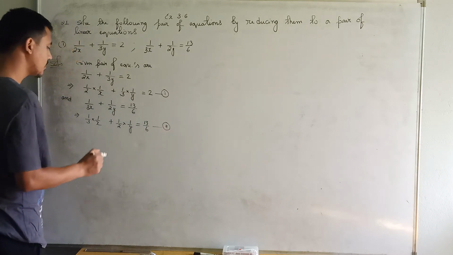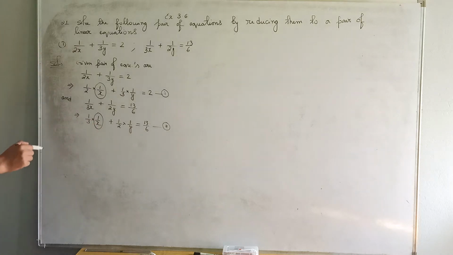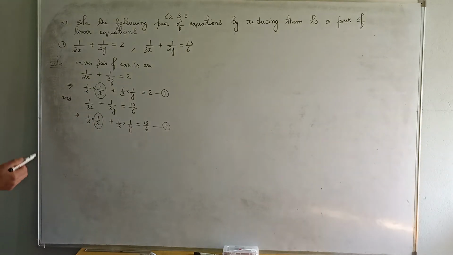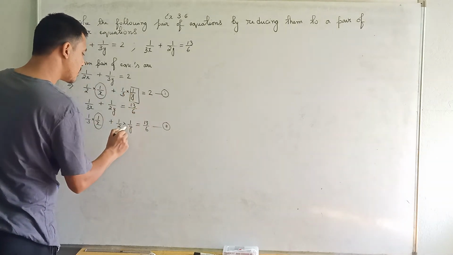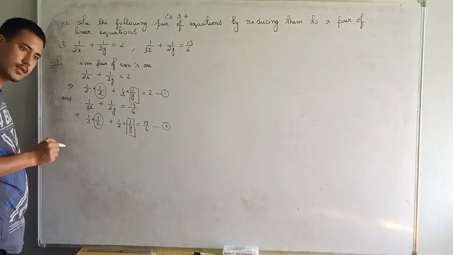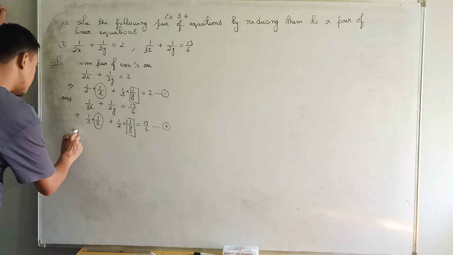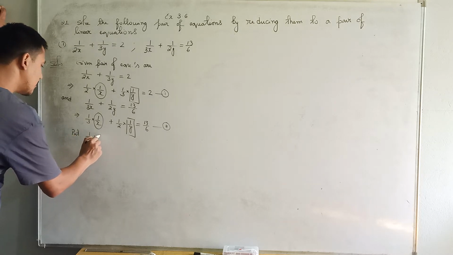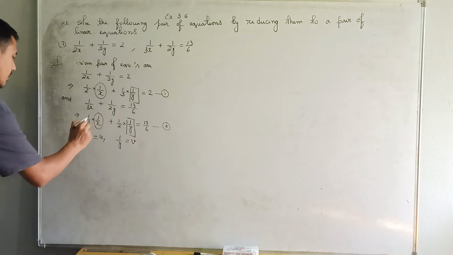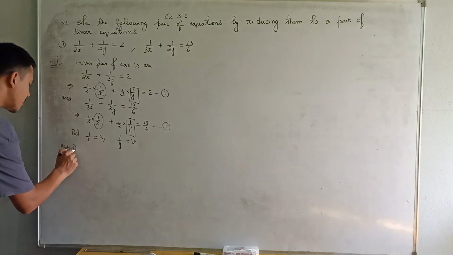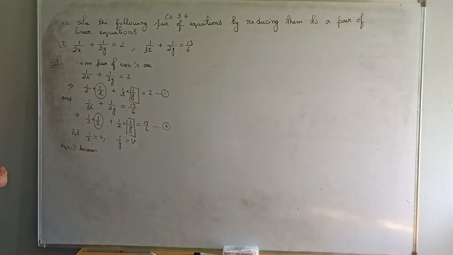Now see, we have 1 by x here, we have 1 by x here. So we can replace 1 by x by another variable, u, say, which is linear. We have 1 upon y in the first equation, we have 1 upon y in the second equation as well. So you replace it by v. So put 1 by x as u and 1 by y as v. Then your equation 1 becomes, what do you write? Equation 1 becomes